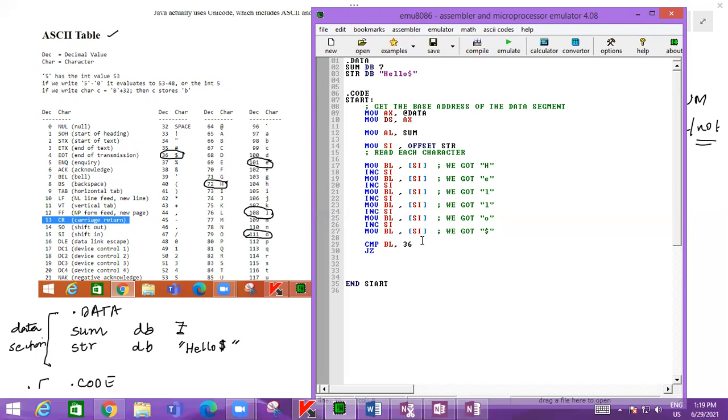Therefore, now we have to come out. We don't have to do this looping basically. So if it is not set, jump on not zero to come out. Okay, come out. Else you have to go back.